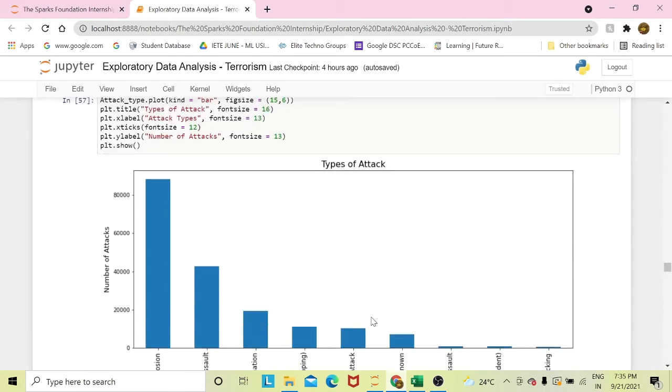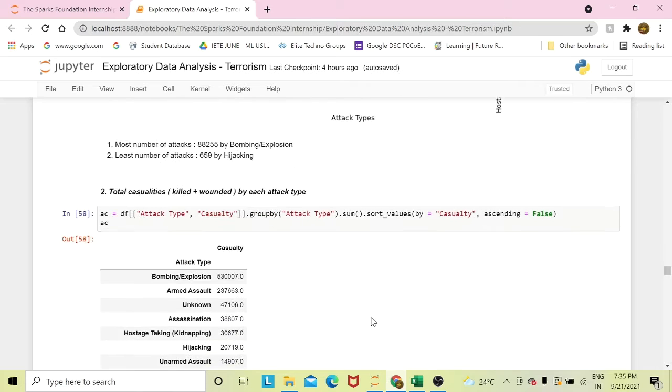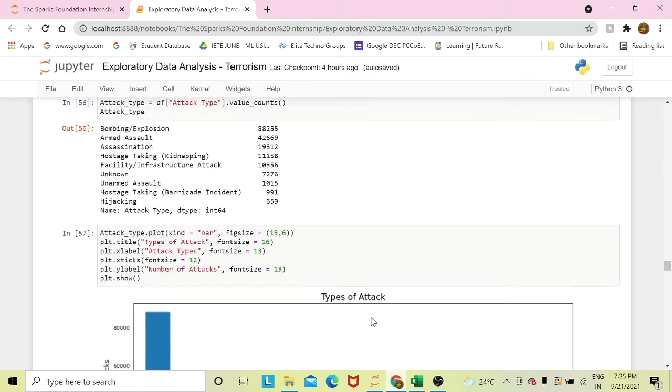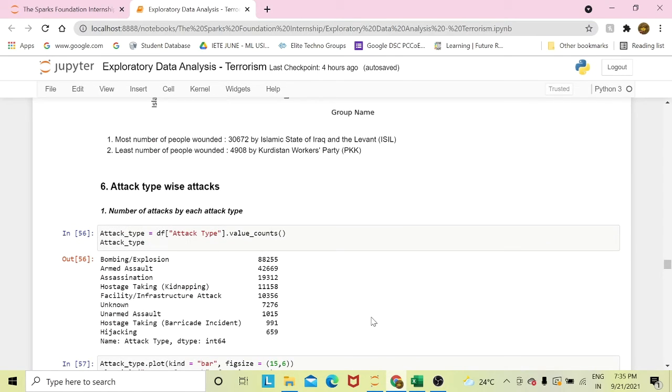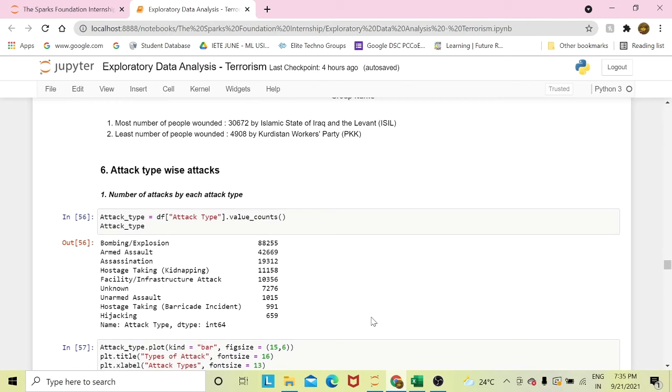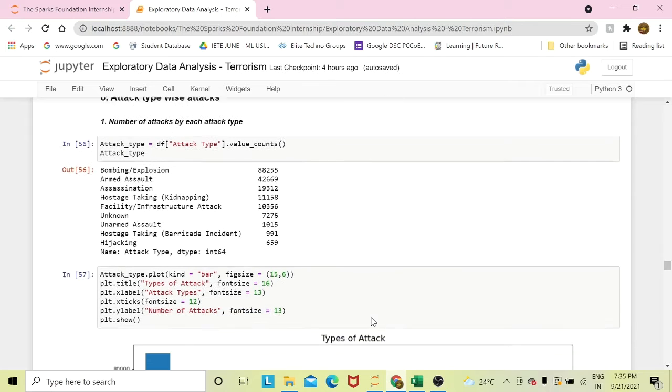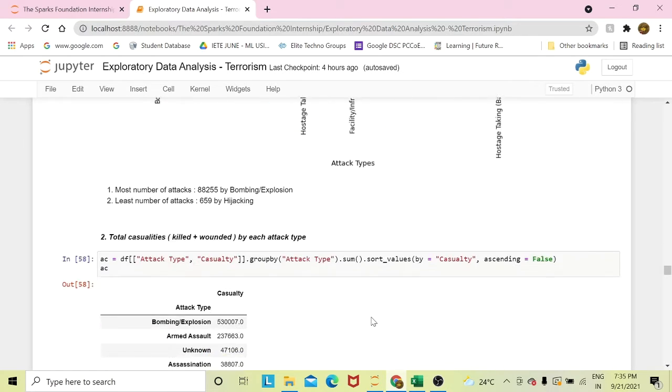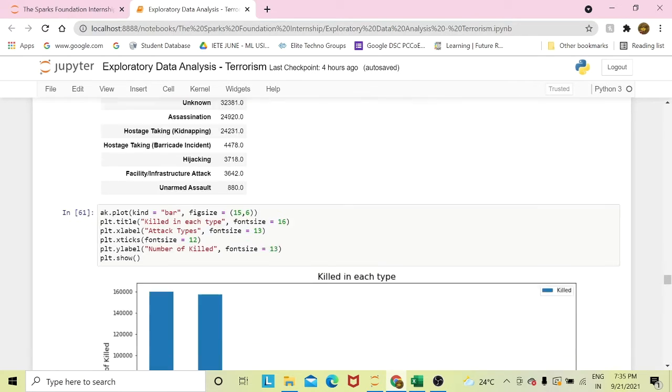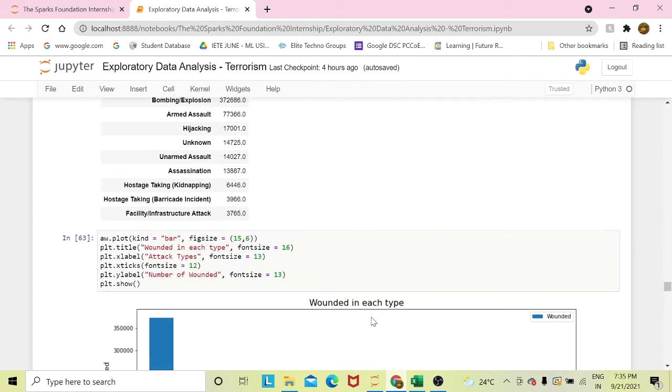Then after this, we come to attack type wise attacks. So how the attack took place. We will see that bombing or explosion had the maximum. We will see the casualties, killed and wounded, also in the same way.